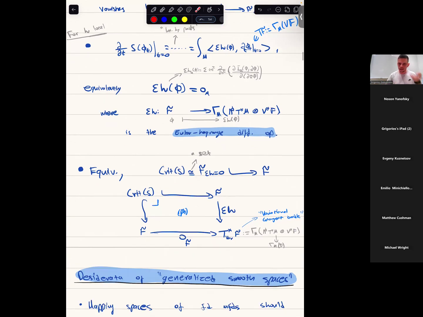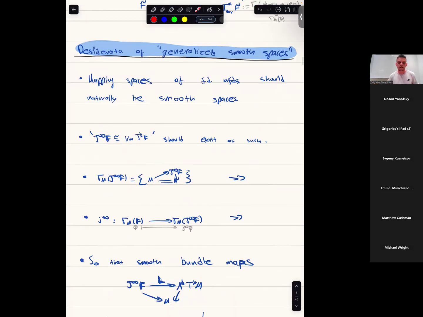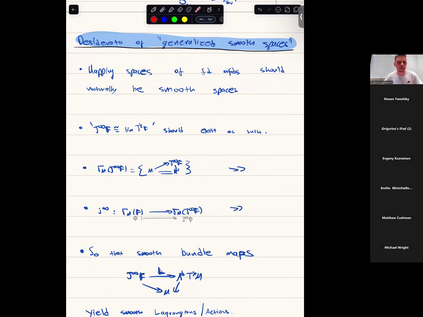So let's see now, from this picture, what do we extract that we need for a notion of a category of generalized smooth spaces that should incorporate all these words that I mentioned: infinite dimensional spaces and smoothness and so on, smooth paths in field spaces, tangent bundles to them, and so on. Right, so what do we want from this category? First of all, we want mapping spaces, such as, let's say, also sections of bundles. So mapping spaces of finite dimensional manifolds and sections of bundles should naturally be this kind of smooth spaces. So there should be a natural operation, which everyone knows here now. It should be a kind of an internal hom that produces the right kind of object that you should interpret as a smooth space